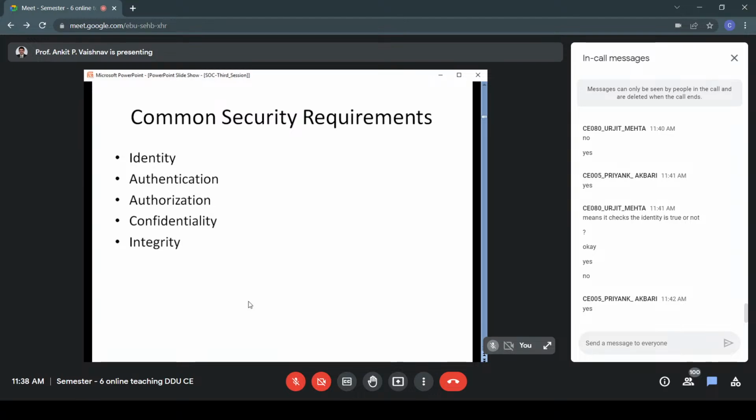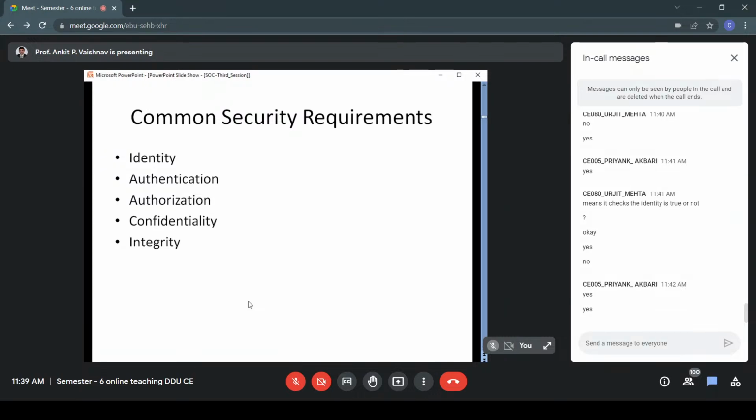Next is confidentiality. Confidentiality means nobody should have looked into the message. The message is going to travel through multiple hops, multiple intermediary services. So we want to make sure that it has not been read by someone. Okay, are you getting this? That is confidentiality.